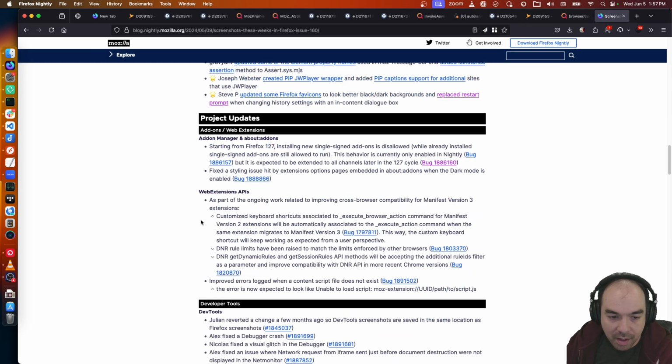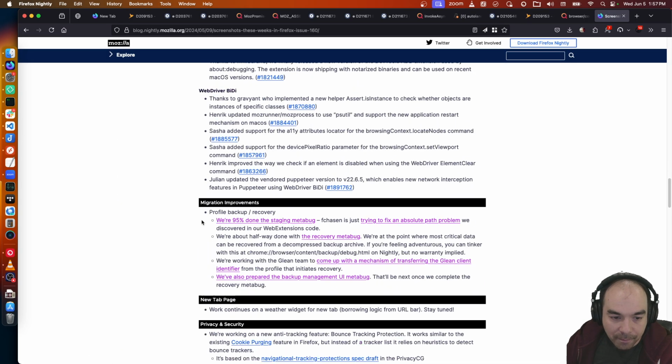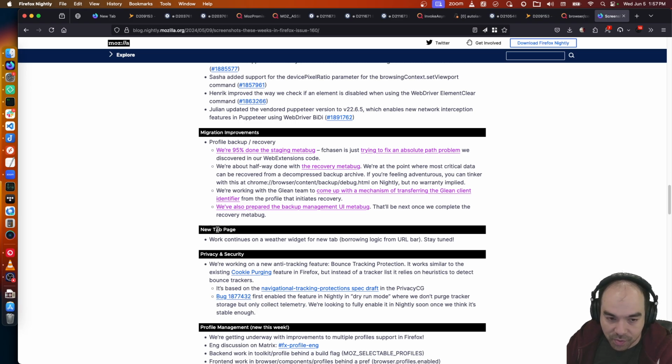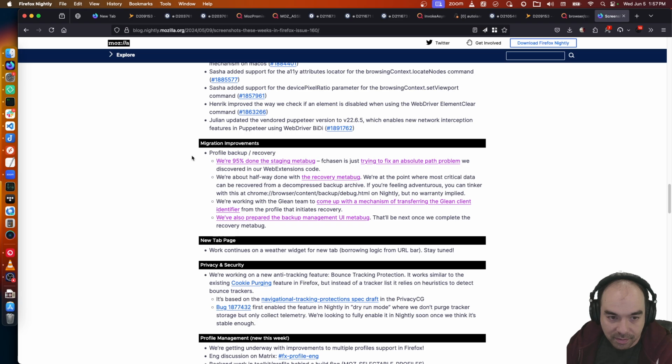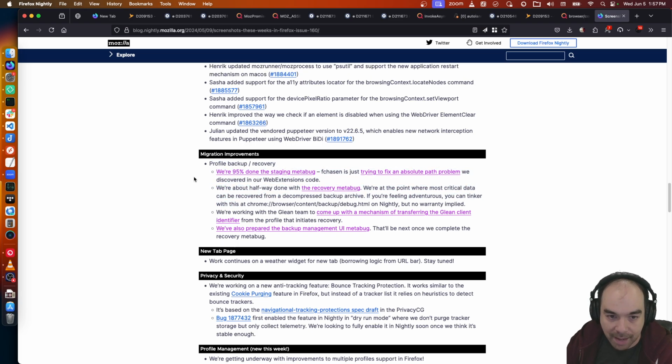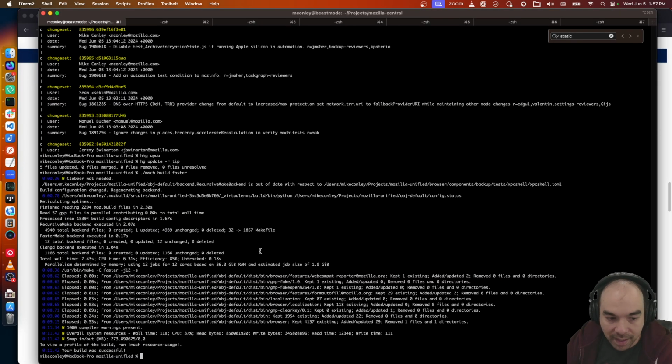We've got some of it already landed in the source code tree. It's not doing anything yet, but a bunch of stuff has been landed to enable us to do some interesting things. So what is it? What are we talking about? We want to make it possible for your Firefox to back up your profile state to a local file on the file system.